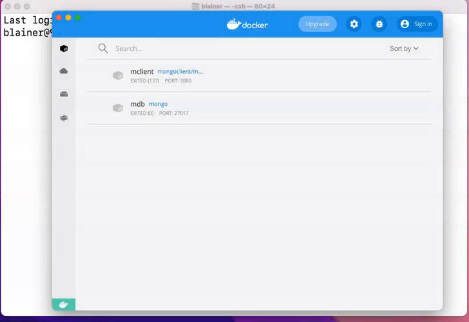I'm creating a short video to show you how to create a new Mongo database, a new collection, and insert a record into that collection. And as you can see here, the assumption for this video is that Docker has already been installed and the